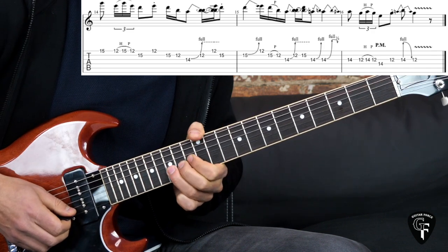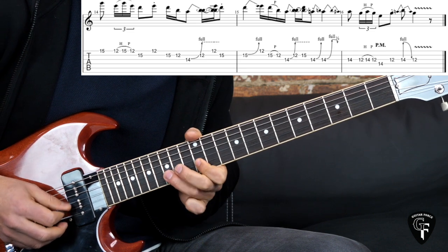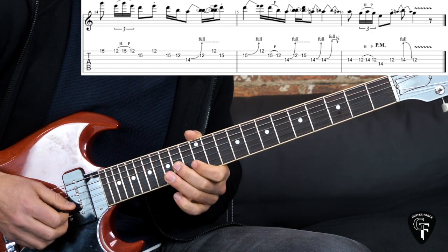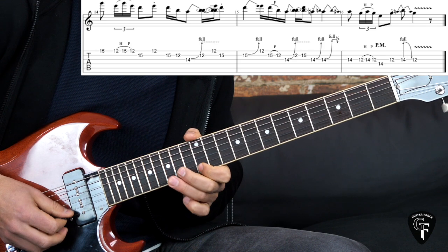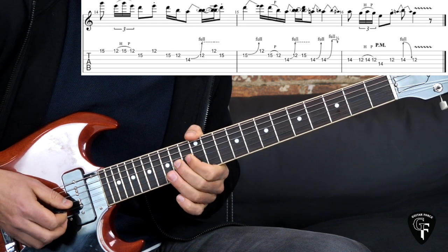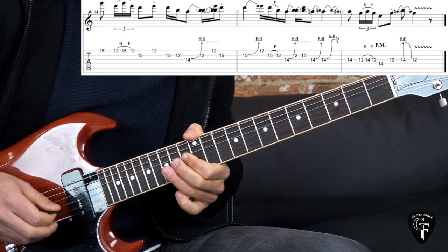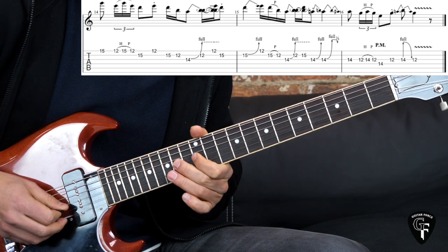So we had the bend on the B string, 15th fret, and then we have quickly 16th notes. So it's 12 on high E, going to the B string, 15 to 12 pull off, bend on the G string, 14th fret, and going 12 to 15 on the B string, like that. And then we have 2 bends on the G string, 14th fret. The last one is a quarter note, and then the ending of the solo is,